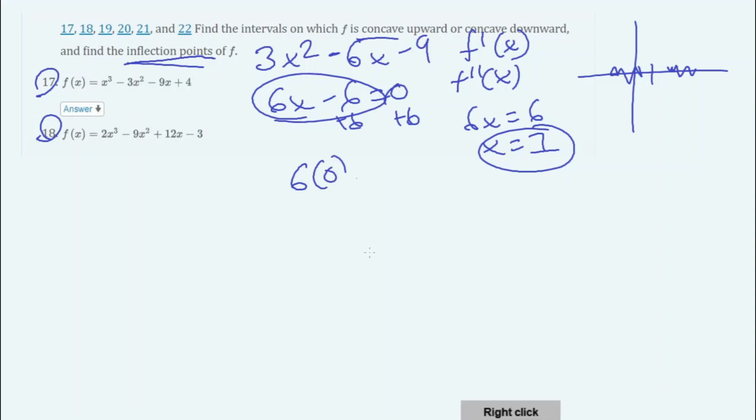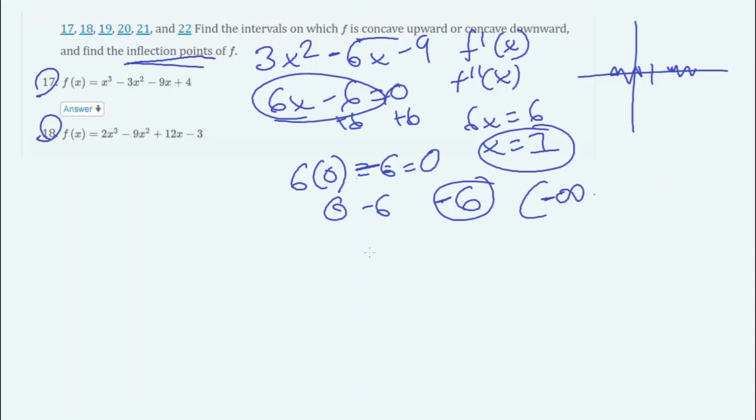We have 6 times 0 minus 6 equals 0. And we have 6 times 0 is 0 minus 6, which is just negative 6. So we're left with negative 6, which is a negative number, which means that it's concave down because the acceleration, or the second derivative, is negative. So we could conclude that